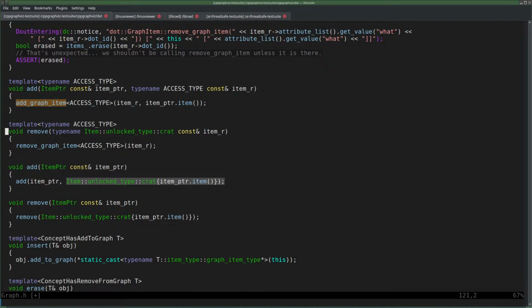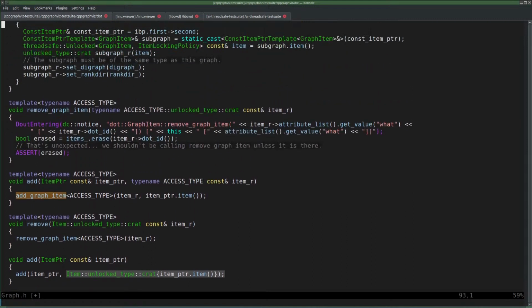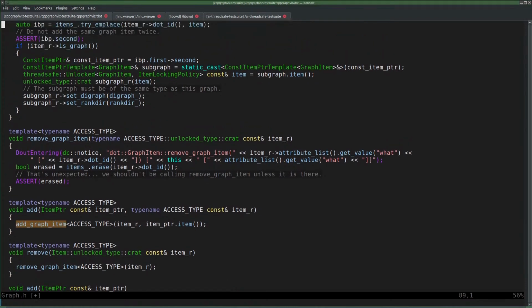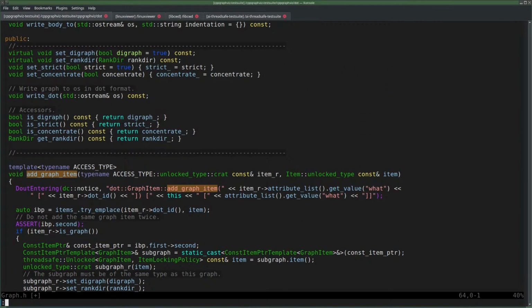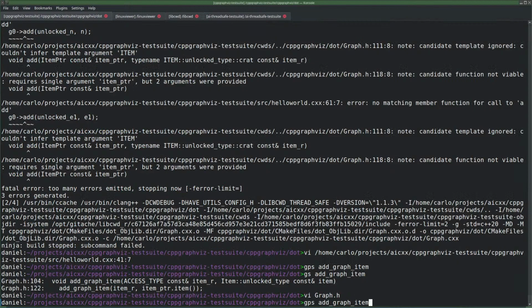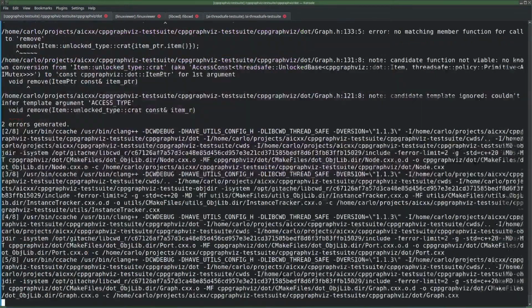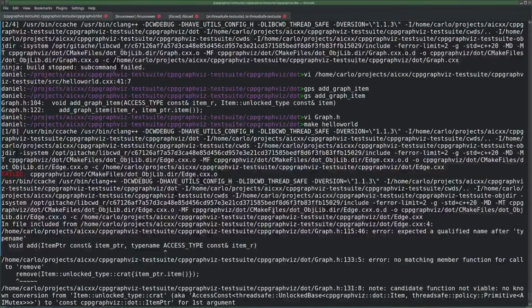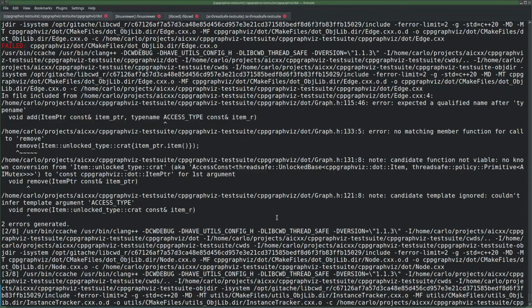Oh, wait a minute. This is not necessary because it's not depending on access type. Okay, I have no idea. Let me just try to compile it now and see what the errors are. Expected a qualified name after type name.